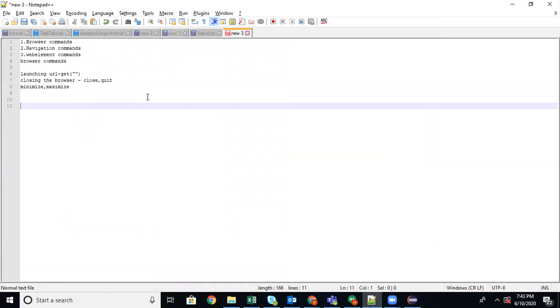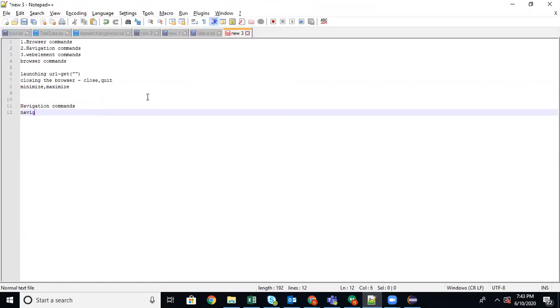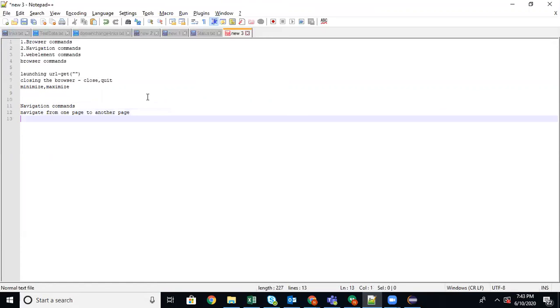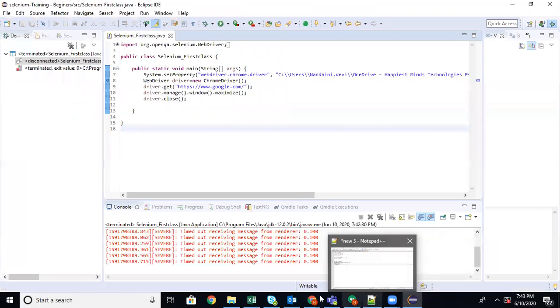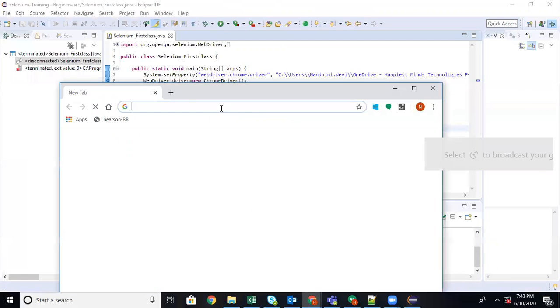What is the next command? Navigation command. What is meant by navigation commands means it comes like navigate from one page to another page. How can you do it? Navigating back, navigating forward. Now see, let me open a new browser.